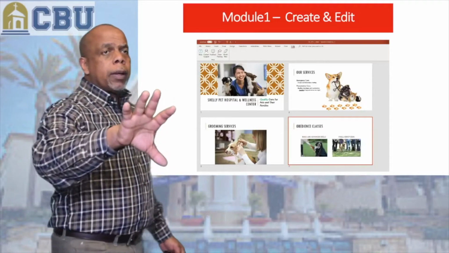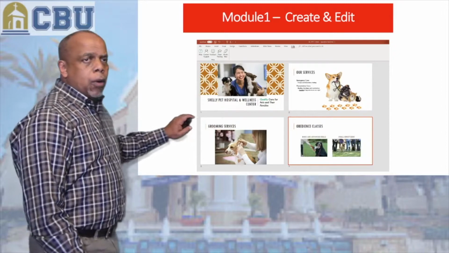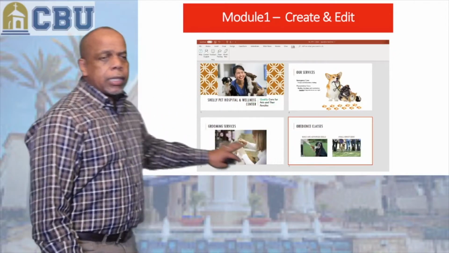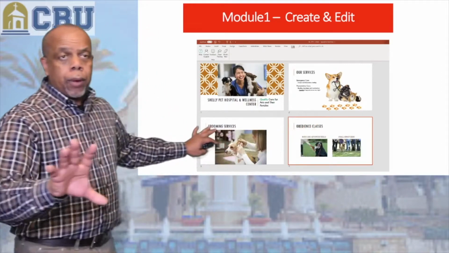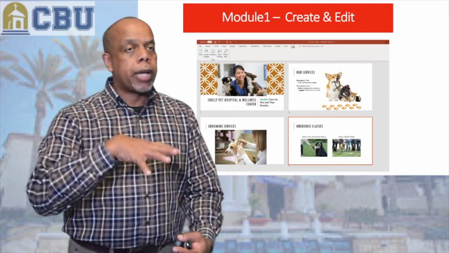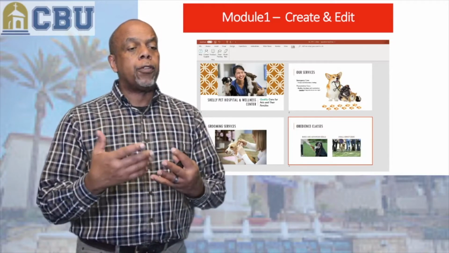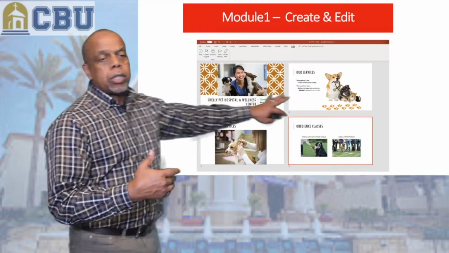So when we talk about the modules, like I said, you're going to do a create, where you're going to build a PowerPoint slide. This is in the slide sorter view, and I recommend using that, because you're going to take all these and put them into a Word document, and that's what you're going to submit for your homework assignments. That's what I'll grade. So just put those into that format.